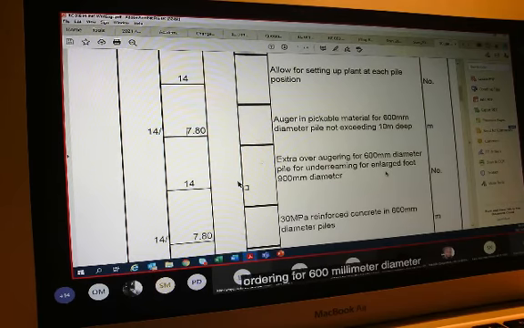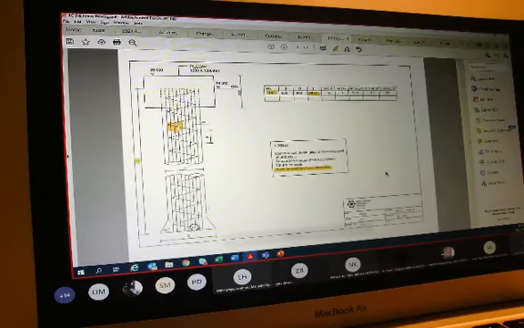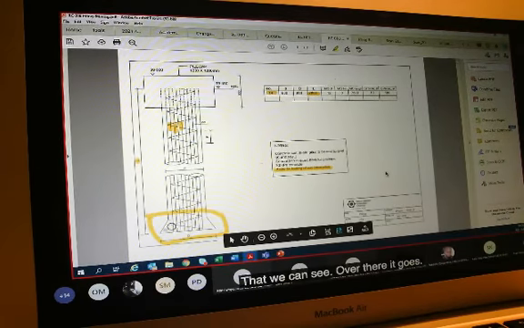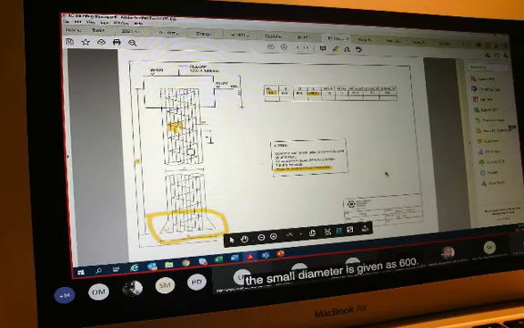Now at the bottom, as I indicated earlier, we have to expand the foot of this pile. And we say extra over augering for 600 millimeter diameter pile for under reaming for an enlarged foot 900 millimeter in diameter. And that we can see